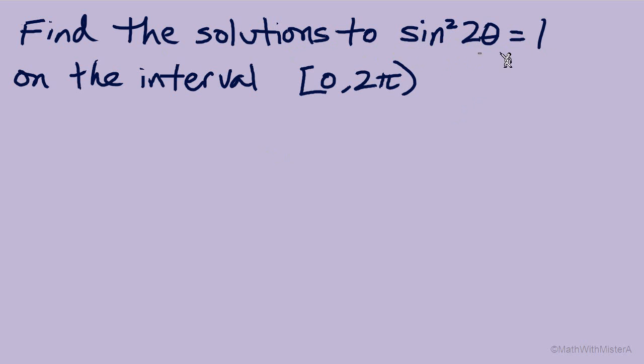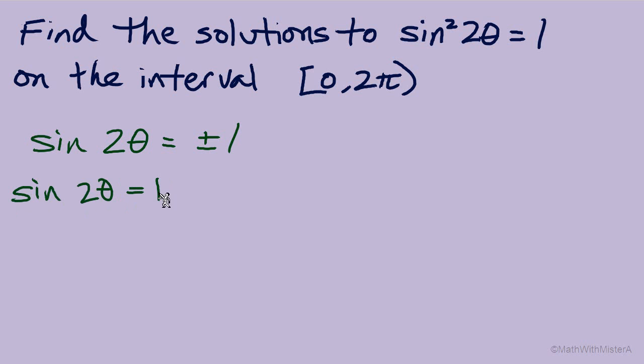Since the squared term is isolated on the left side, we can start by taking the square root of both sides of this equation. Square root on the left side gets us down to a first degree term, sine of 2 theta. Square root the right side, we need to be careful when we're square rooting both sides of an equation that it can lead to positive or negative answers. So we'll actually be dealing with the two equations, sine 2 theta equals positive 1 and sine 2 theta equals